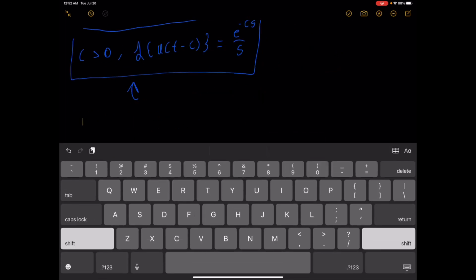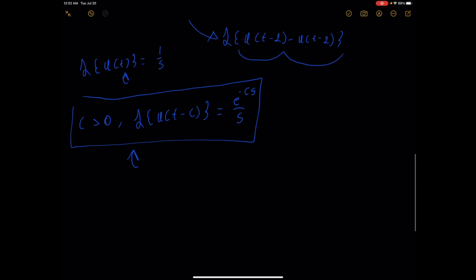So with that being said, we can go ahead and write our answer as e exponential to the negative 2s over s,